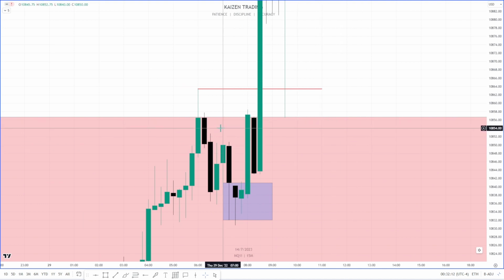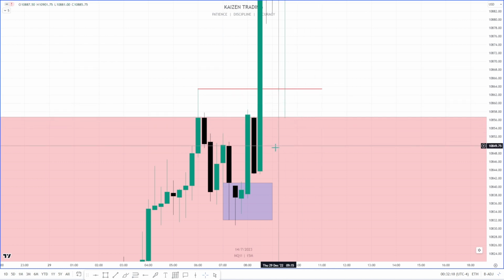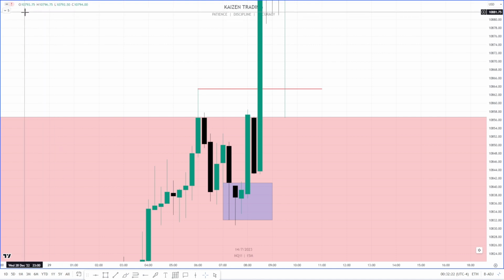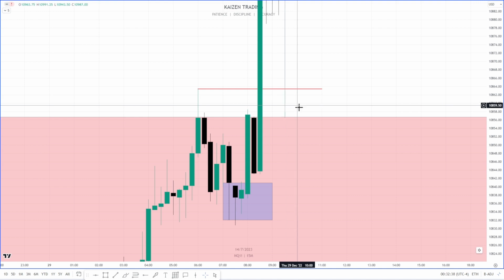So what do we want to see? We want to see price come back down into this order block and then really take off. So if we look at, right up here on the screen is going to give the values of the candle. If we look at this candle, the high of the candle is 108.56.75. And if we look at our wicked candle, up close candle, the low is 108.56.50. So 0.25